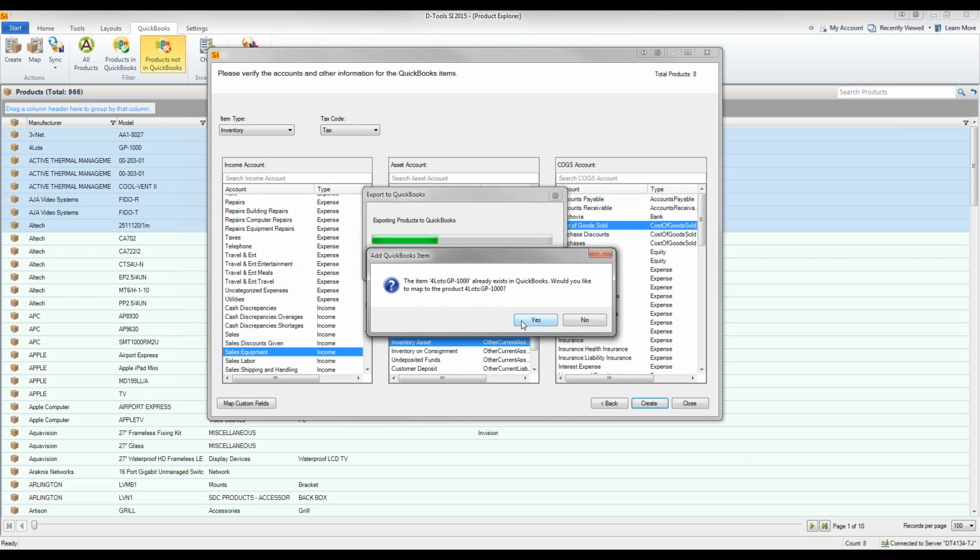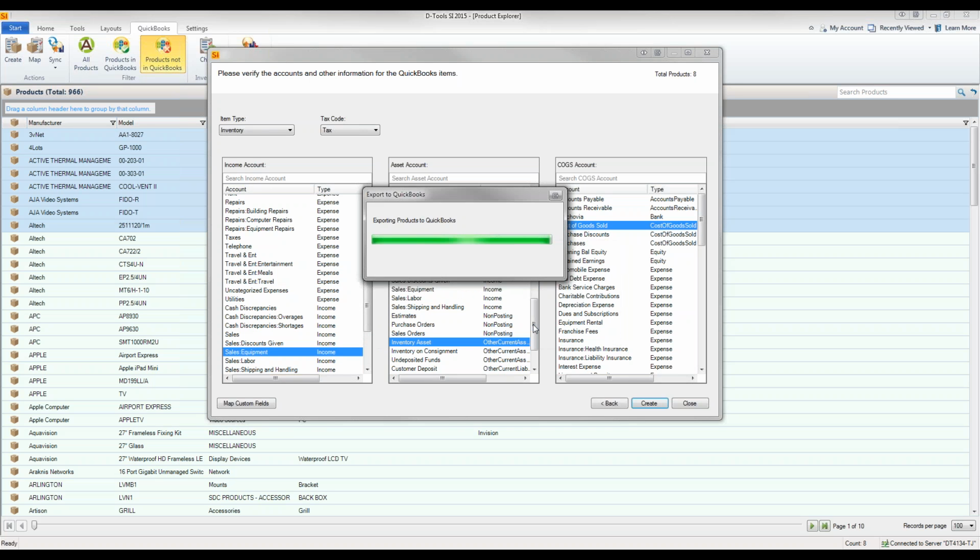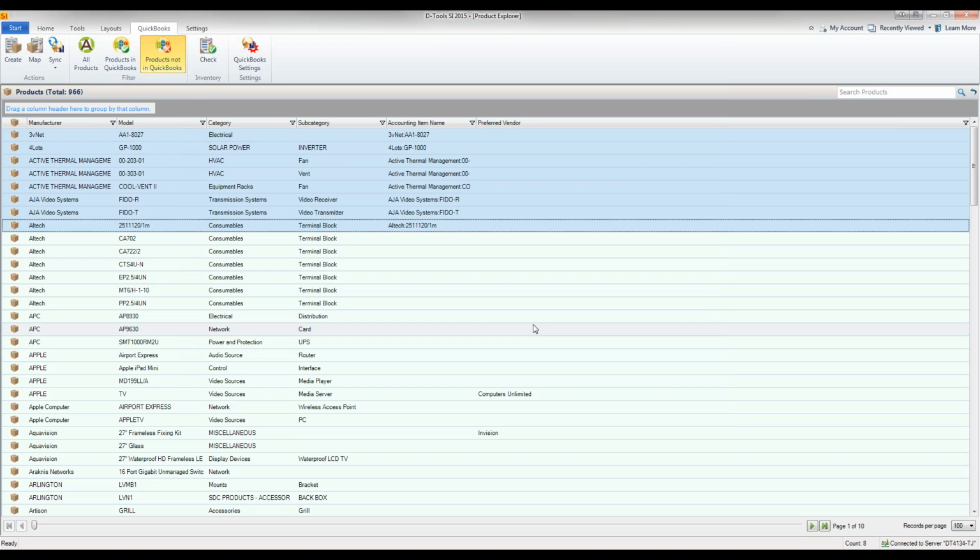Sometimes you'll see that the items are already in QuickBooks if you've done some changes that may have broken the link between QuickBooks and DTools. But according to this item number, it'll find it again. Okay. So once your items have been completed,